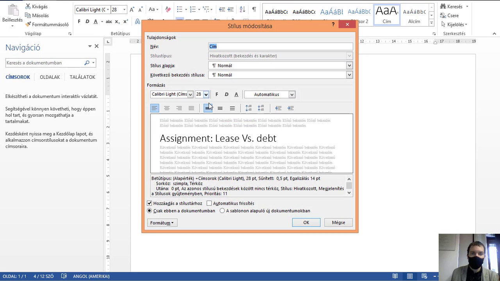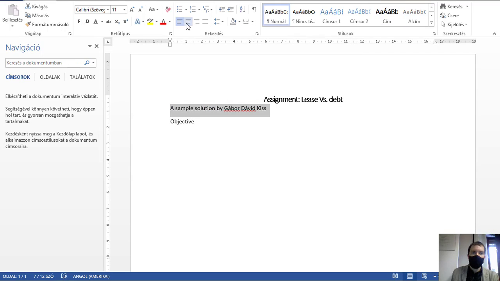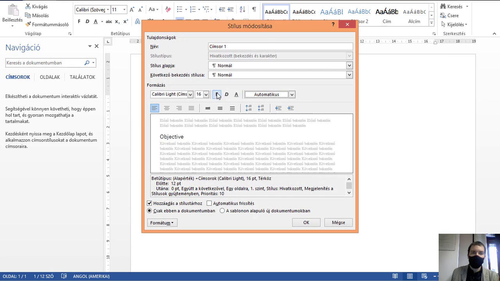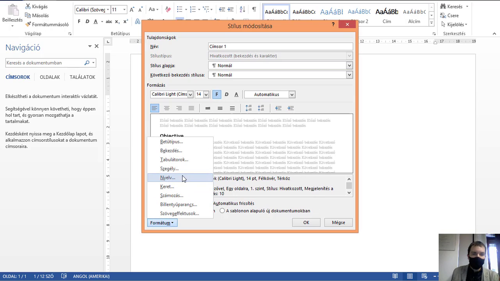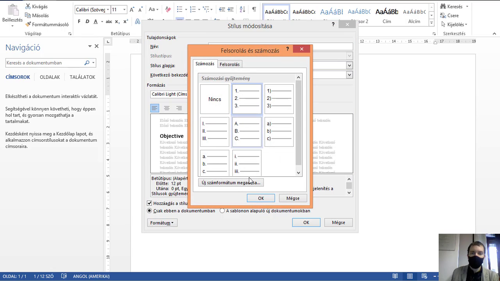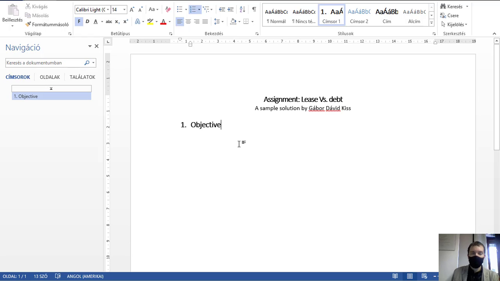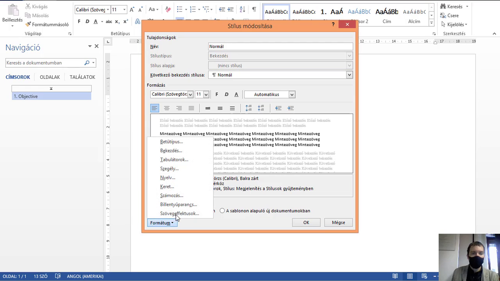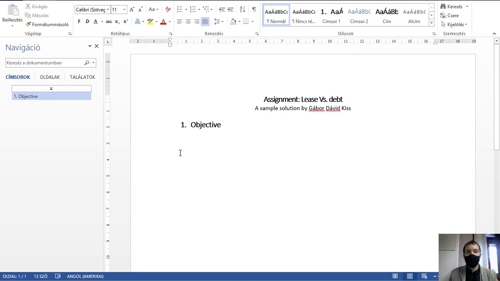Let's define first of all the style, because styling is a nice thing. Let's give numbers to that. Now it's good. And also the normal type or style should be justified. Okay, now, so objective is